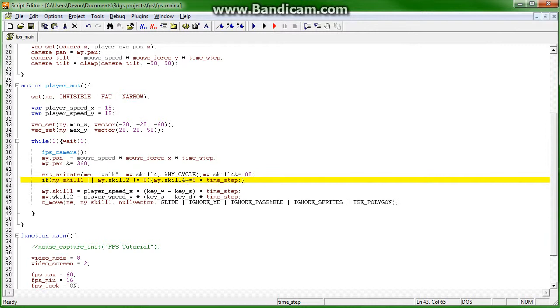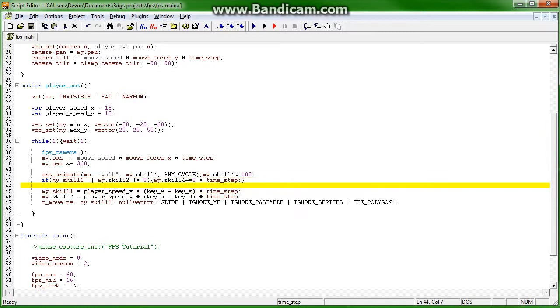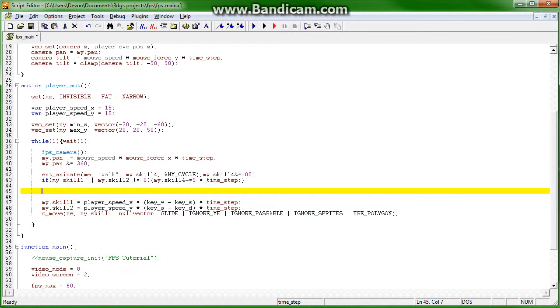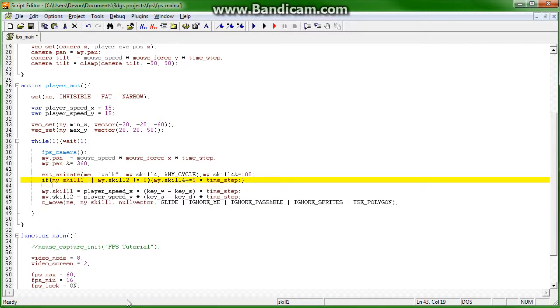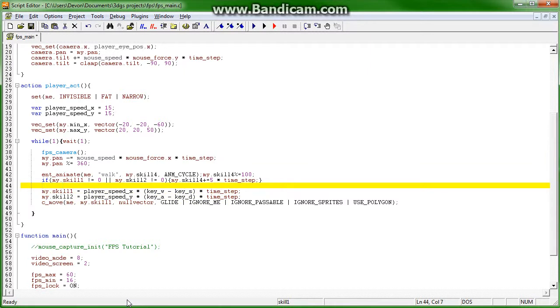So now we can say that player speed can be clamped so that, oh, hold on here. So if that doesn't equal 0, or that doesn't equal 0, that's what needs to be there, okay? And then we can also say, so that means that as long as the movement keys are being pushed, animate, otherwise if they're not being pushed,